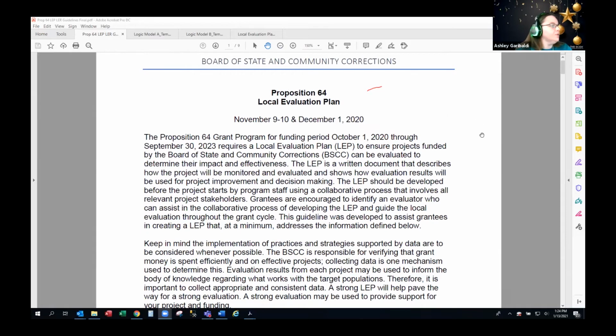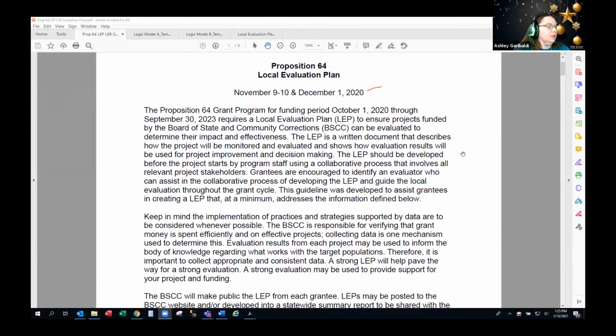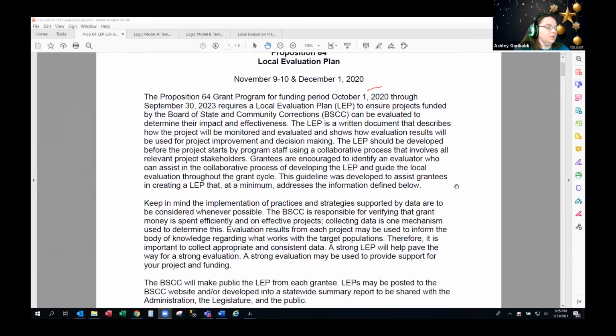So the documents that I sent out on Monday are the ones I'm going to be covering. If you want to bring those up next to you so you can see them better. And again, like Helene said, those are available on our website as well. So the local evaluation plan and report guidelines are all in one, and it's 9 pages. We're going to go over that in each section. So this is just an introduction of what we expect and why we're asking for these things.